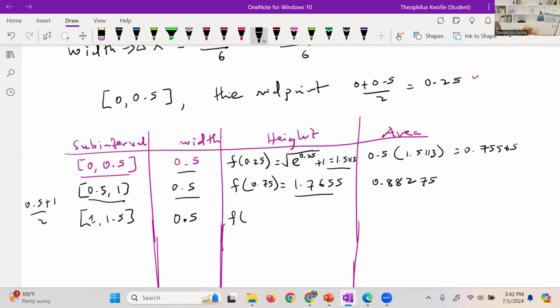And then the midpoint of this sub interval will be 1.25. And then we plug into the integrand, that should give us 2.1190. Then to find the area, we multiply the width and the height, and that should give us